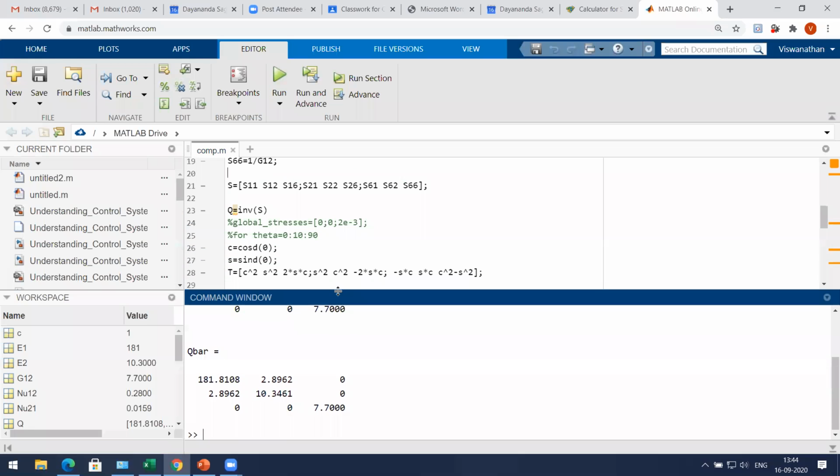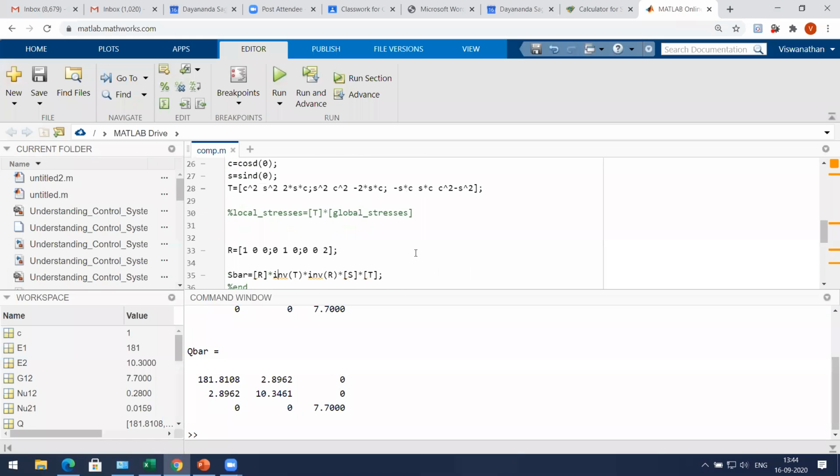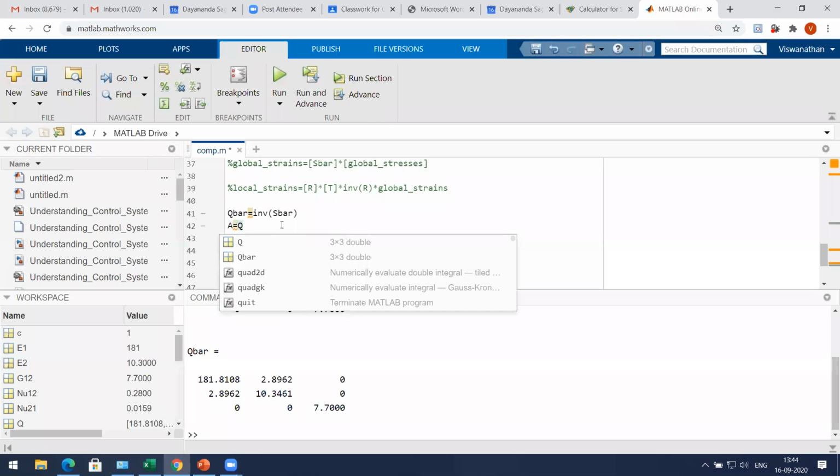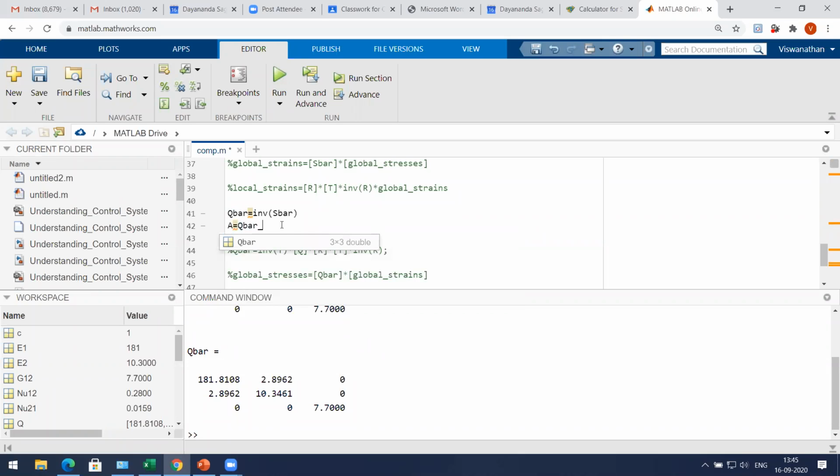So what I'll do is I want to calculate the A matrix. I say A matrix is equal to the summation, a summation of Q bar underscore 0, meaning Q bar at 0 degree, multiplied by